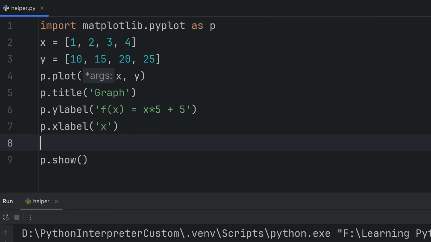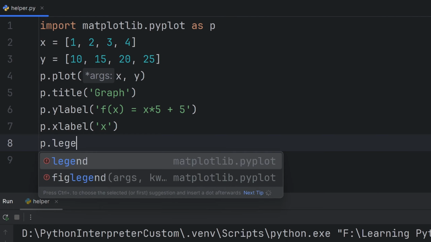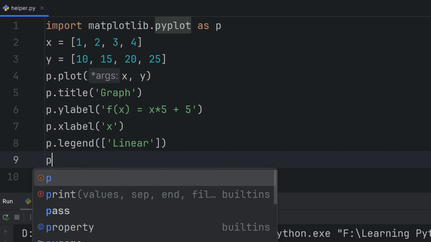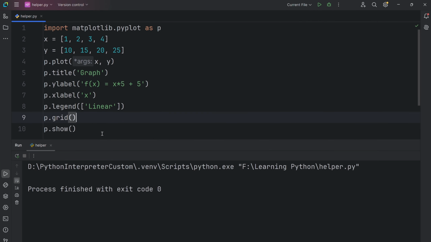To write the legend, I need to write p.legend, but this legend has as an argument a list. Why a list? Because I can have multiple lines on my graph, in which case I can have more than one legend. I mean, more than one line in the legend. So for the first, I will just write line linear. And now to show the grid, I need to just write p.grid. Now when I run this,